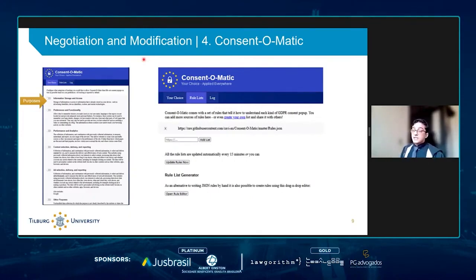So this does two things different from the previous two tools. The first is that it relies on the GDPR and on the structures created by the GDPR. And the second is that it incorporates a principle they call adversarial interoperability in order to ensure that their tool does not face the same adoption issues. But again, this tool can help Jane Doe in communicating that she does not want to give consent to any of these purposes, but it does not actually help her monitor whether this consent is being respected or not,